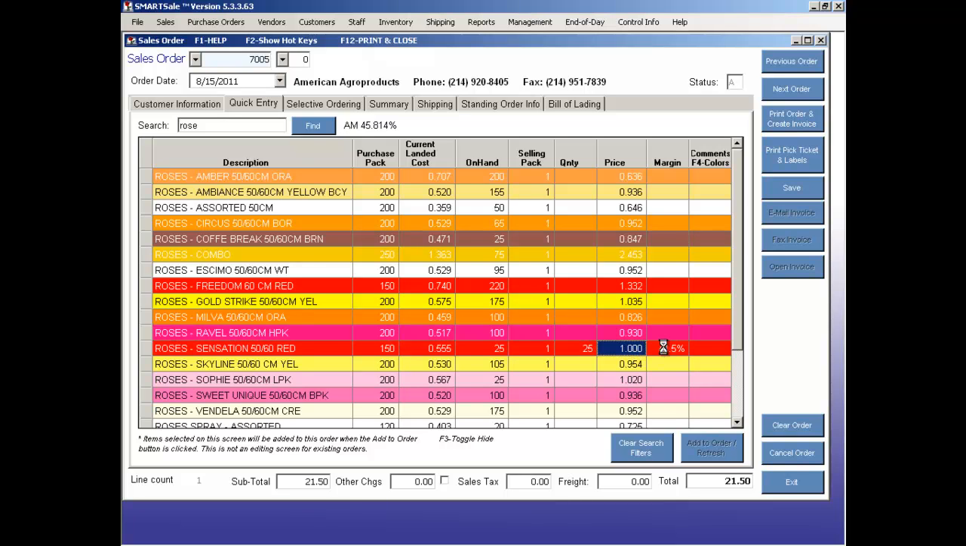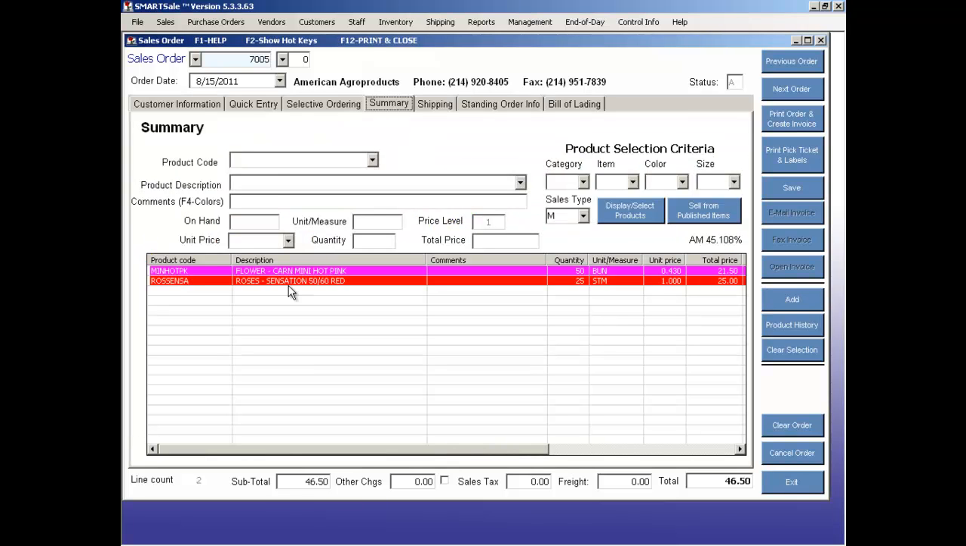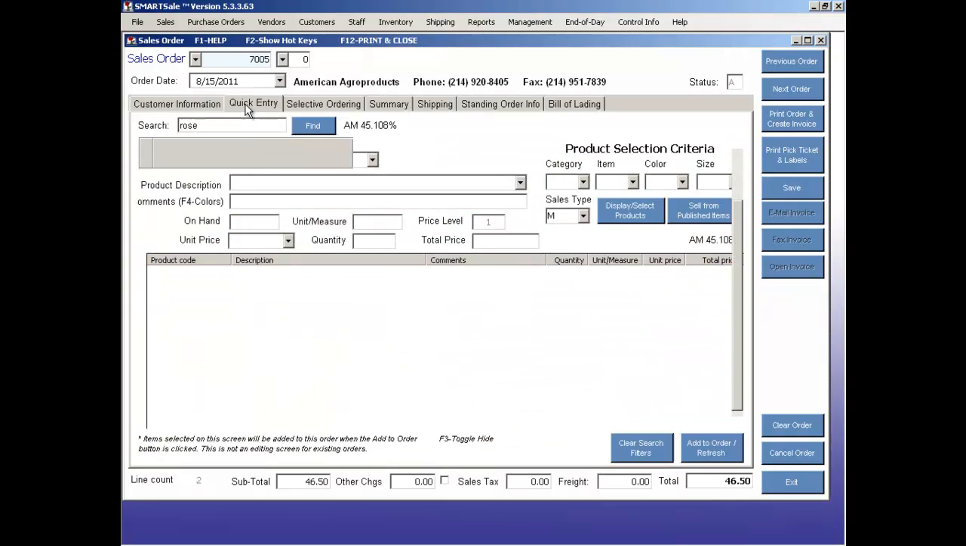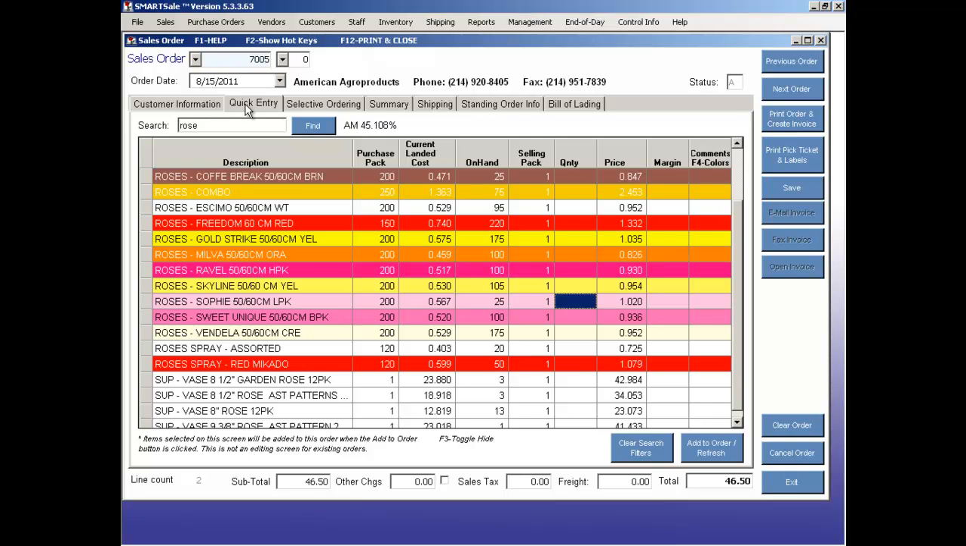Okay, if I hit enter, it adds it to that summary that we were working on a minute ago. If I go back to summary, you'll see that what we just added is right there. Okay, so if I go back to quick entry,